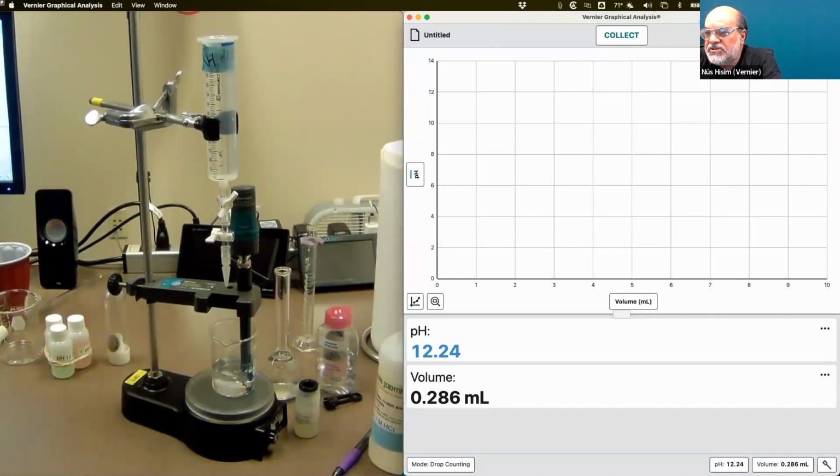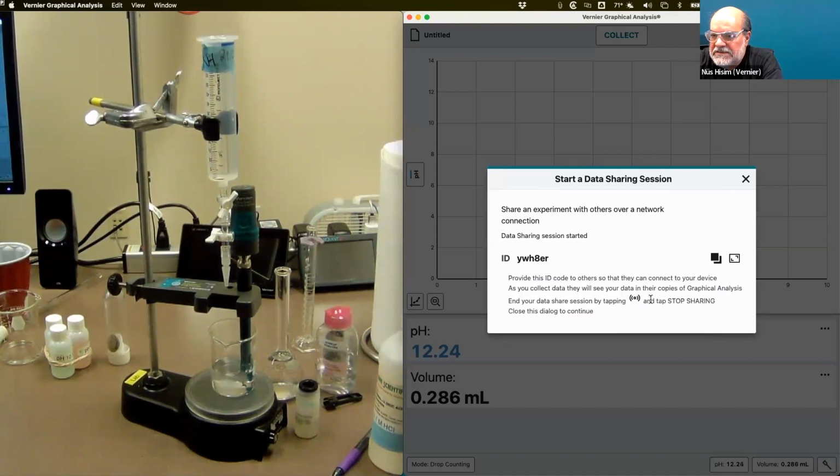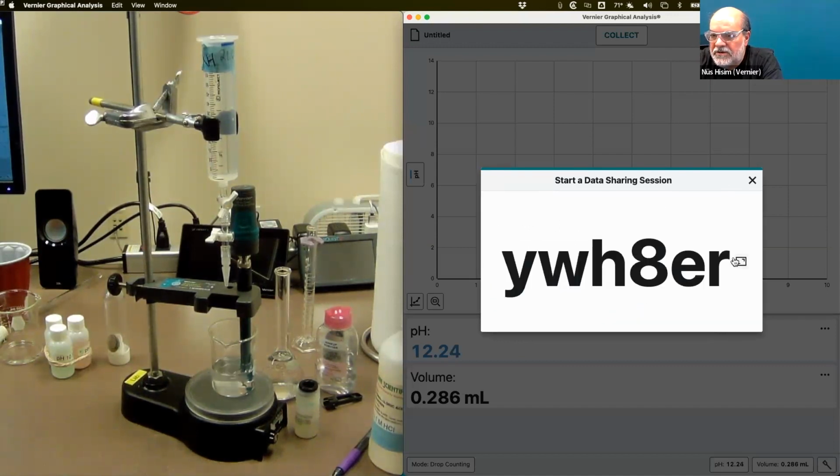I am the source of the data. So this could be the teacher, this could be one of the students in a lab group. I just tapped on this TIE fighter icon in the top right corner, the sharing icon. And now I'm going to create a sharing session code, and I'll make it big enough so everybody can see it. Okay, so there's the code. And Melissa, if you wouldn't mind putting that into the chat,